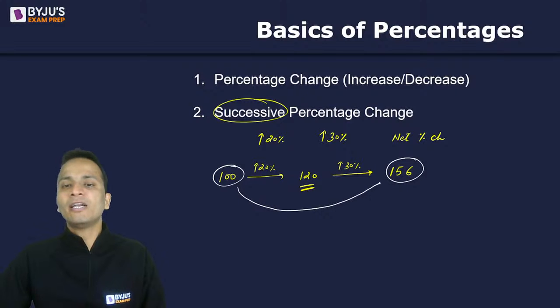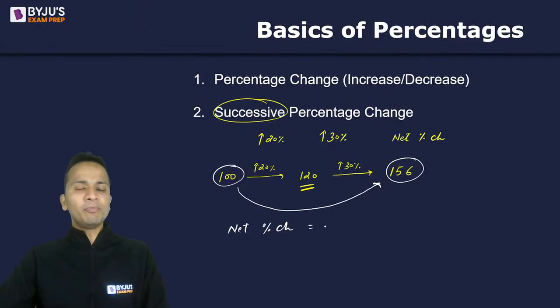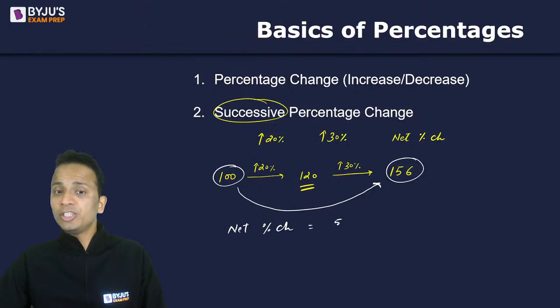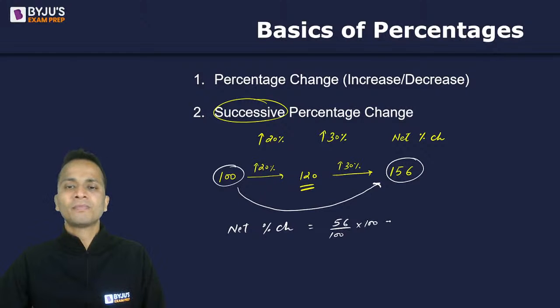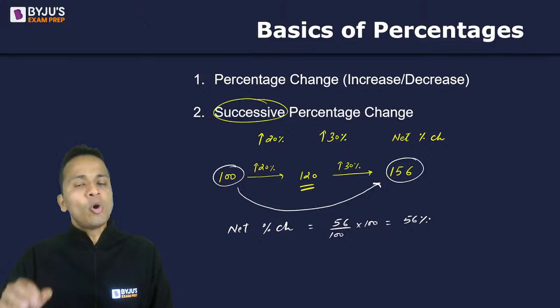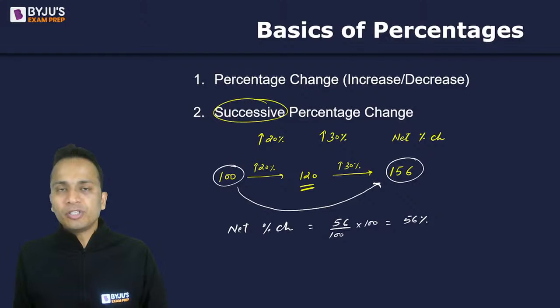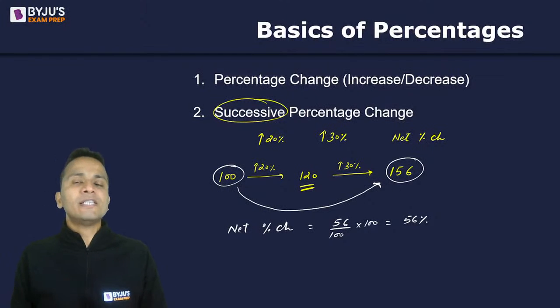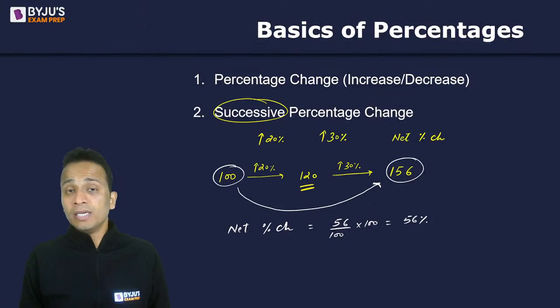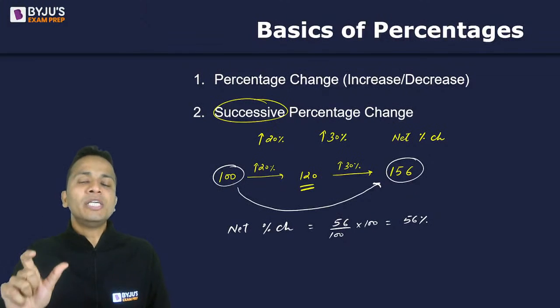Now from 100 to 156, what is the percentage change? What is the percentage change? Or I can call it a net percentage change. So the net percentage change is change, which is 56 divided by initial value multiplied by 100, and that will come out to be 56%. Okay, so I can say that if a value is increased by 20% and then further it is increased by 30%, then there is a net percentage change of